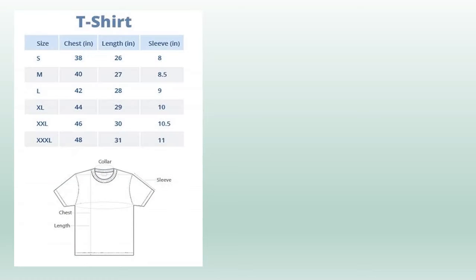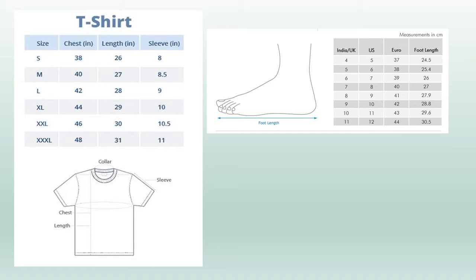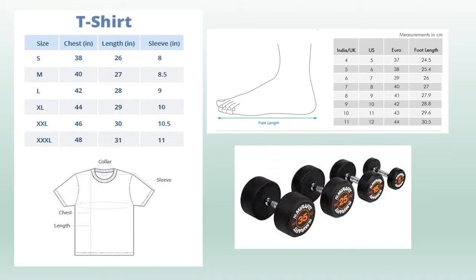When we go to buy a t-shirt, the shopkeeper offers different available sizes. These t-shirts are available in small, medium, large, XL, double XL, triple XL, and many more sizes. Similarly, we have different sizes of shoes or different sizes of dumbbells we use for weightlifting in our gym. Now consider, if you are a manufacturer of these t-shirts, footwear or dumbbells, obviously different customers demand different sizes of this product.